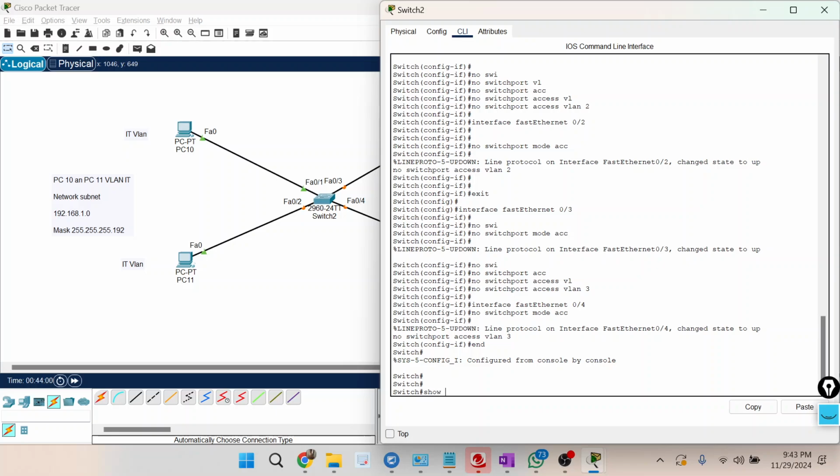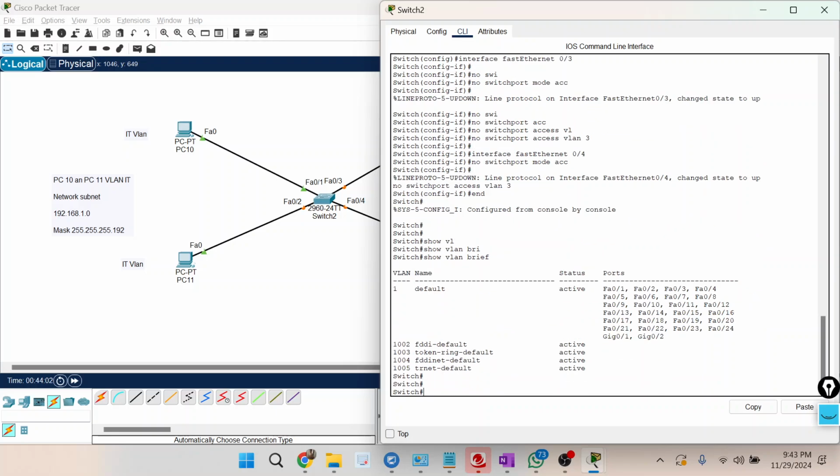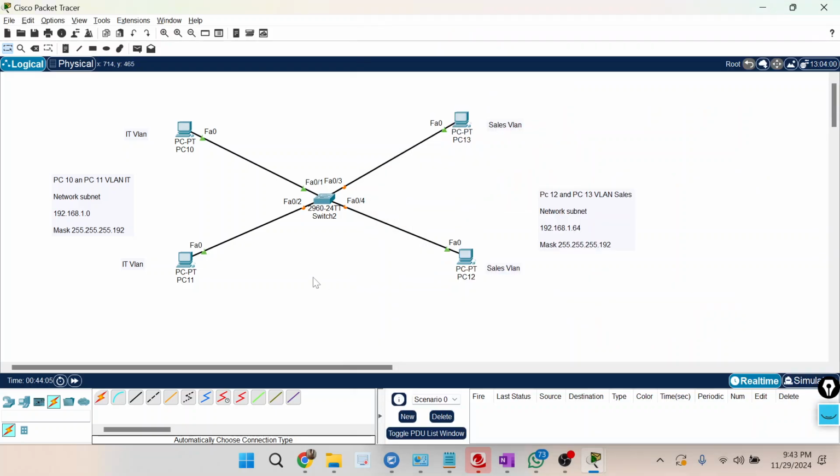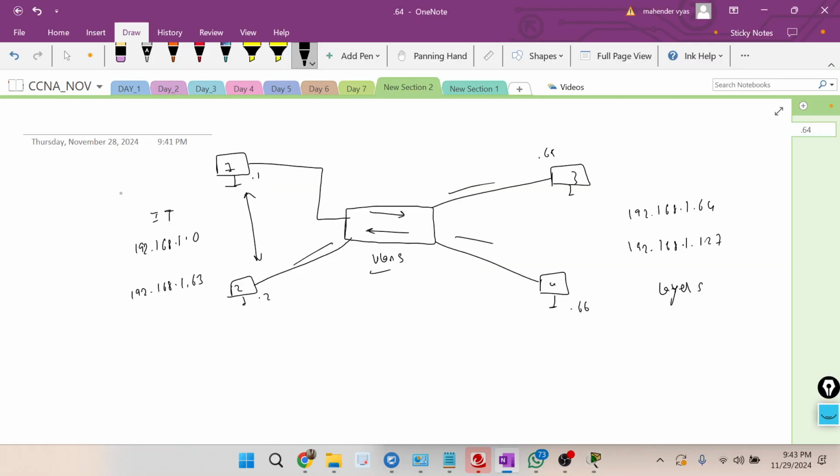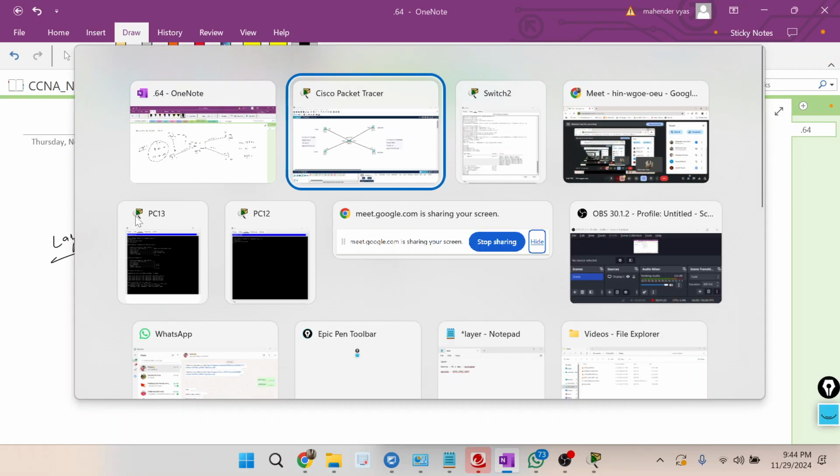Now let us see again. Show VLAN brief. All part of VLAN 1 again, right? See what you are saying, when we are communicating between 1.0, it will go only to 1.0. Communicating between 1.64 to 1.197, it will go to this. This is not actually the way traffic is segregated. Now what we are doing is dividing the traffic based on layer 2, not layer 3. This IP address based division is okay, we are doing it on layer 3. But if you don't segregate on layer 2, the broadcast will still happen everywhere.